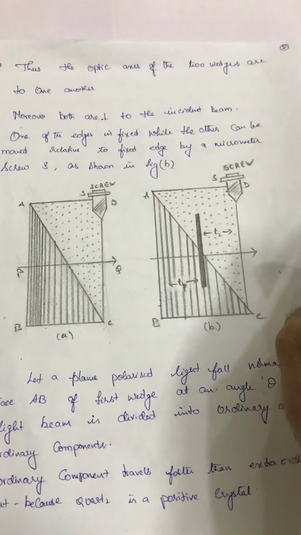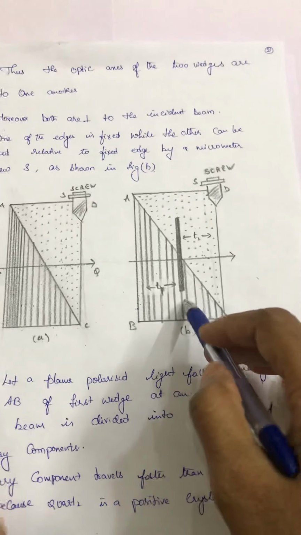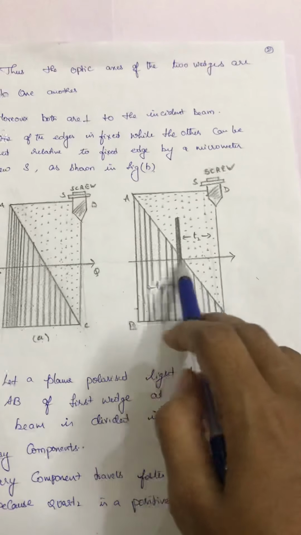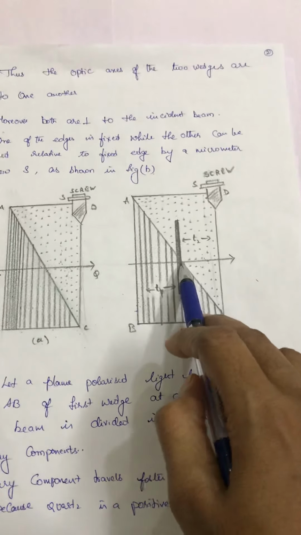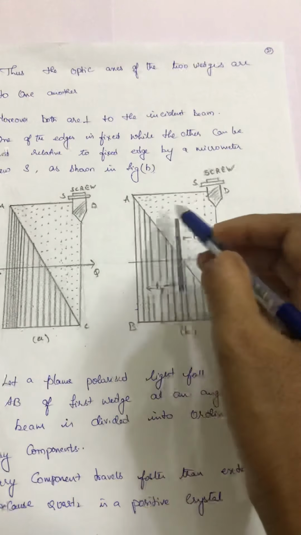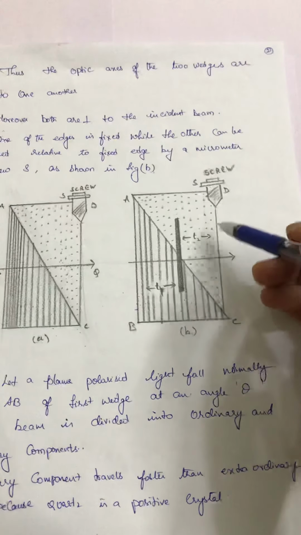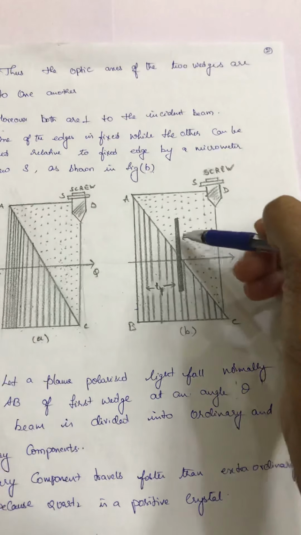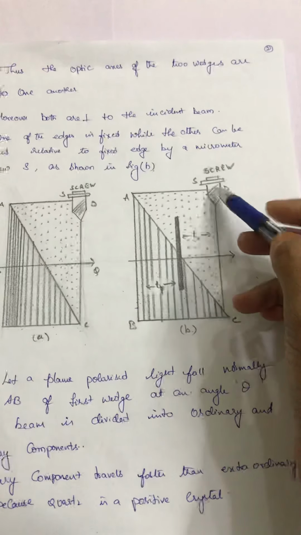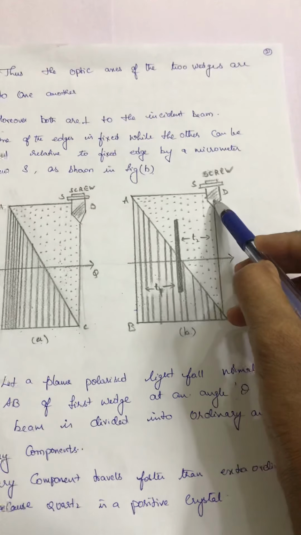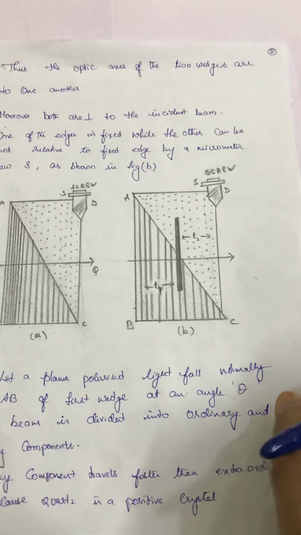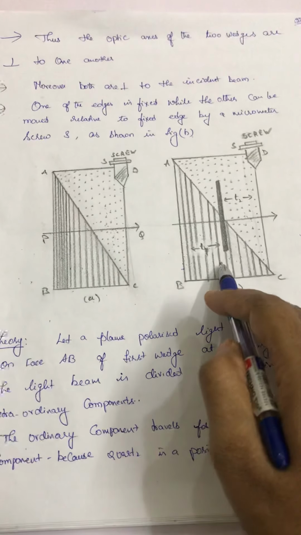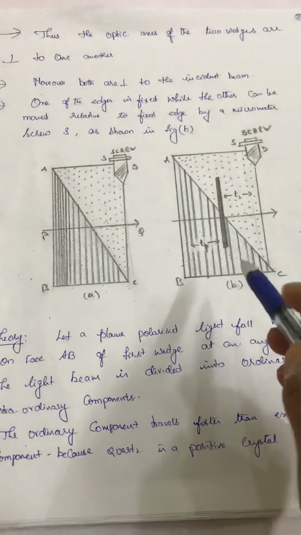That will be shown in the second figure. See here, this is the thickness T1, T2. At the center both are the same. As we move from here to here, the thickness changes, and this wedge will be movable with respect to the first wedge with the help of the micrometer screw. Now let us see its theory. That is the construction of the Barnes compensator plate.